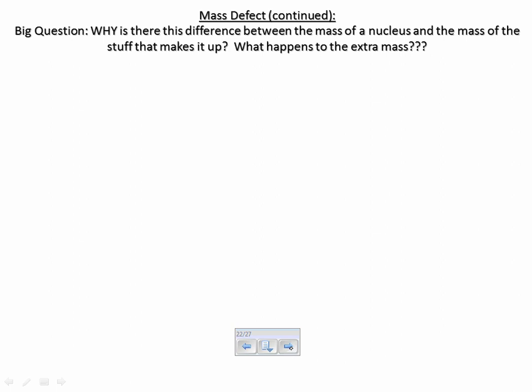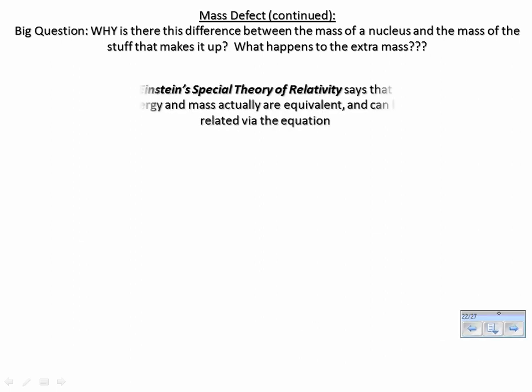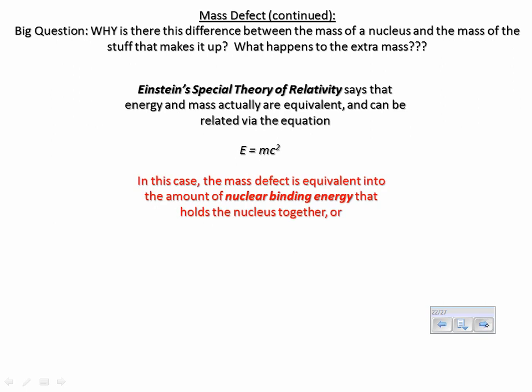Now, what's the deal here? Why is there this difference? What is this mass defect? What significance does it have? Well, the special theory of relativity says that this difference in mass really is equivalent to a certain amount of energy. We finally get to use E equals mc squared. The mass defect accounts for what we call the binding energy of the nucleus, the amount of energy that's holding together the nucleus. Really we can say that the binding energy is the mass defect